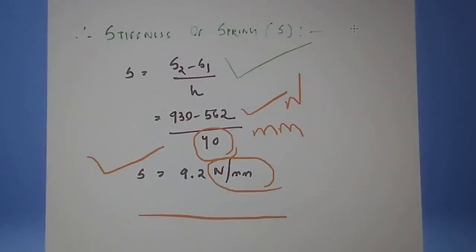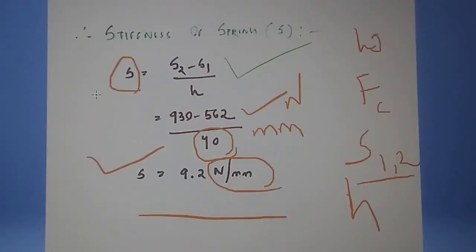So first of all we have to determine the omega value from the value N. Then we have to determine the force Fc, that is m omega square r. Then we have to determine the spring forces S1 and S2, from mg plus S1 equal to 2 Fc1 into x by y. From that we have determined S1 and S2. Then we have determined the lift of the sleeve, that is the H value. Then the stiffness is S is equal to S2 minus S1 divided by H.